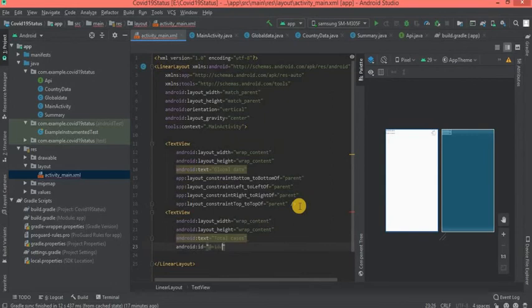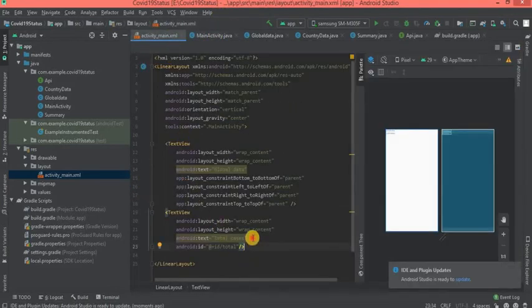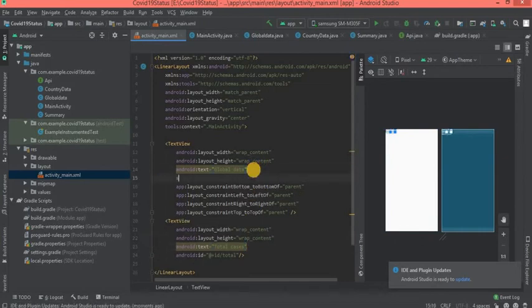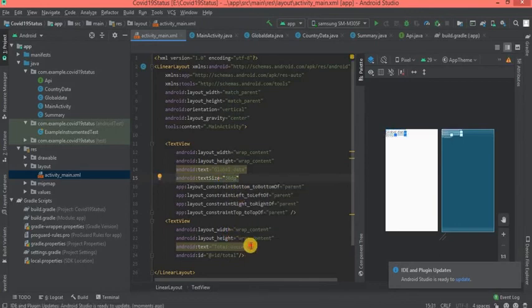ID total. Text size some 10 dp. Here I am giving text size some 20 dp.